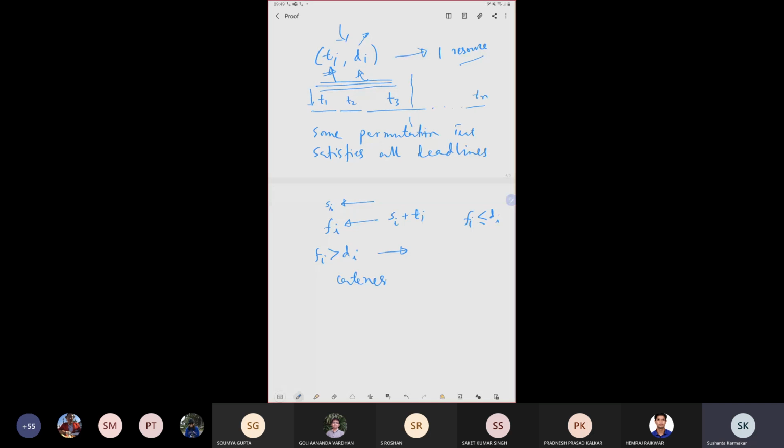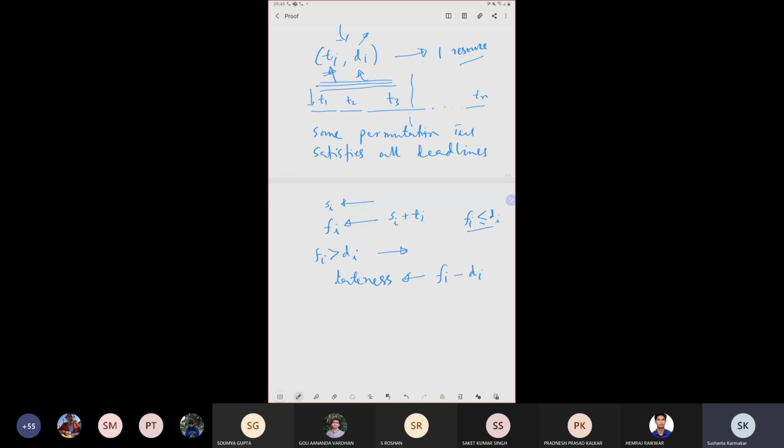Okay, and what is the definition of lateness? That is finish time minus deadline time. So if my finish time is earlier than the deadline, then I just ignore this. The lateness is essentially negative in that case, so I just ignore it. I give lateness 0 basically. I don't consider it late. It is well and good.